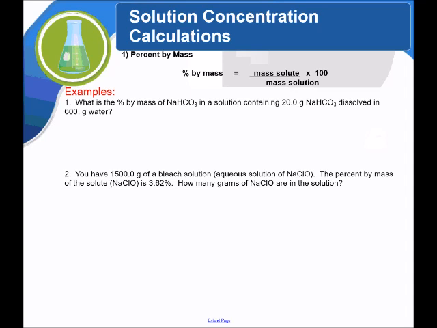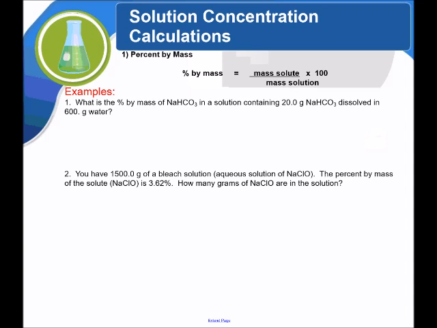Okay, the first one we're going to cover is percent by mass. Now, this one should be familiar. You've kind of done this one before, except this time we're going to do it with a solution. Percent by mass is the mass of the solute that is dissolved divided by the mass of the entire solution times 100. So in our first example, what is the percent by mass of sodium bicarbonate in a solution containing